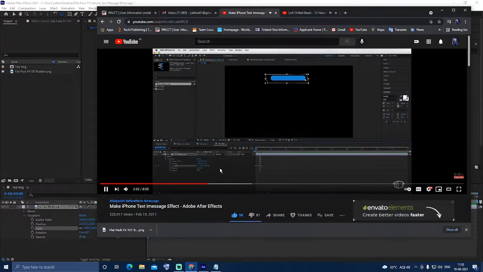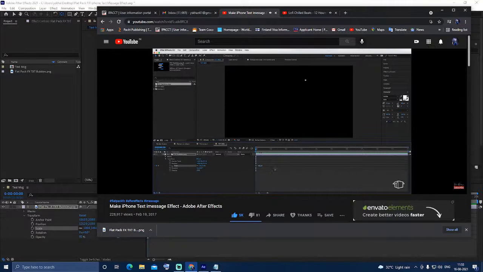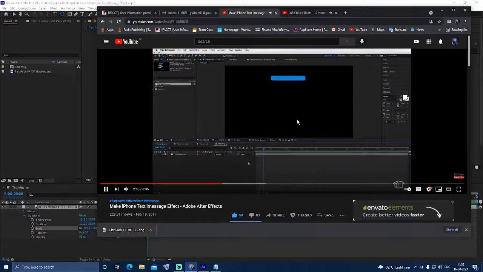And I'm going to come back to my first keyframe and I'm going to make this 0. Next I'm going to right click on this middle one here. I'm going to go down to keyframe assist and I'm going to create an easy ease. That's just going to help soften that out. Now if I just play through that, you can see we've already got the basic animation of the text bubble. So that looks pretty good. It's got that little bounce on the end. Alright, so I'm happy with